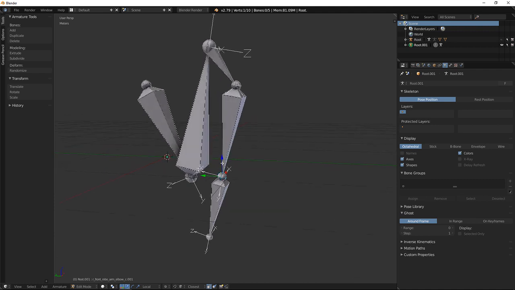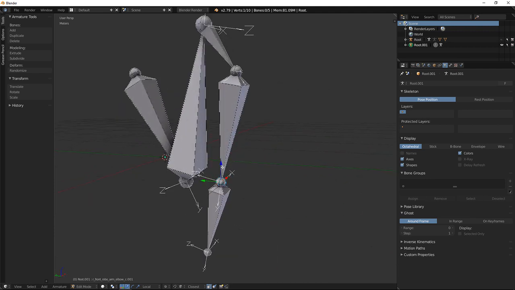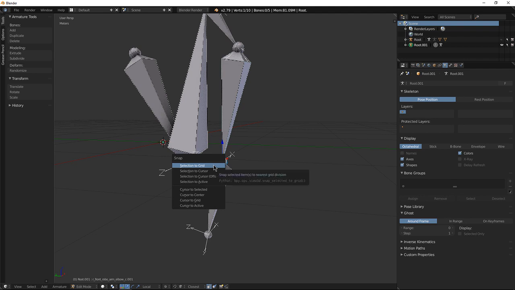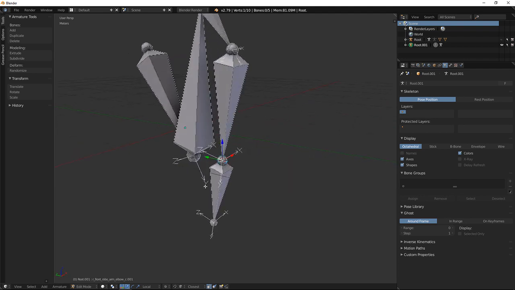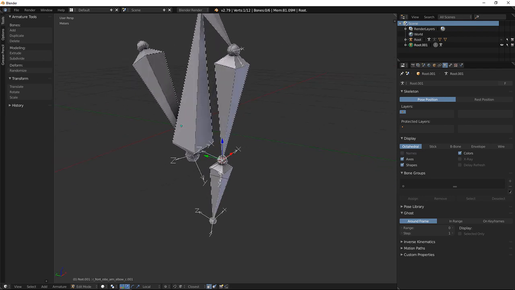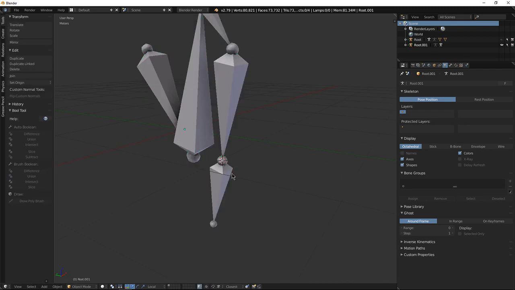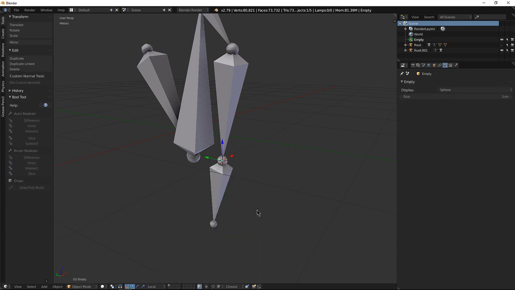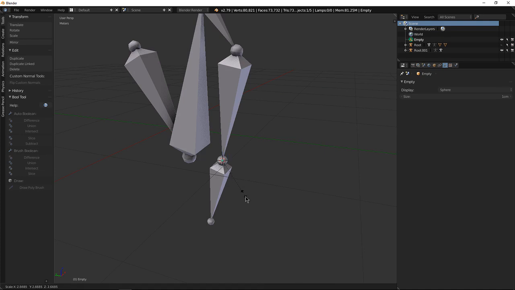So anyway, let me add one. I'm just going to move the thing to selected, whatever that's called again, I don't remember, and then in edit mode, add an empty object. I'm just using spheres in my other project, so I'm just going to keep using spheres on this. So this is going to be the main controller for this leg,